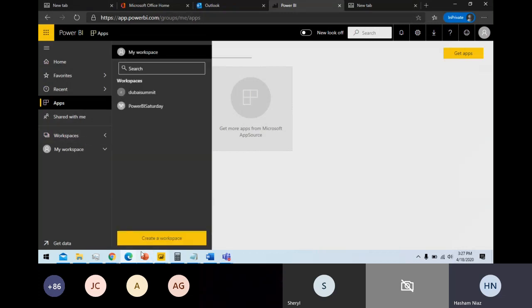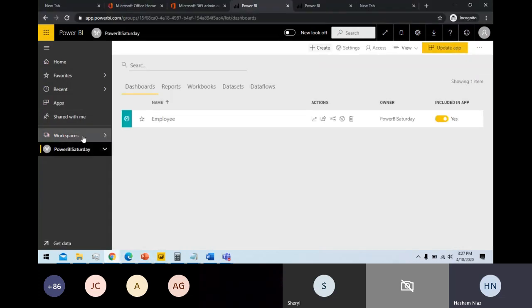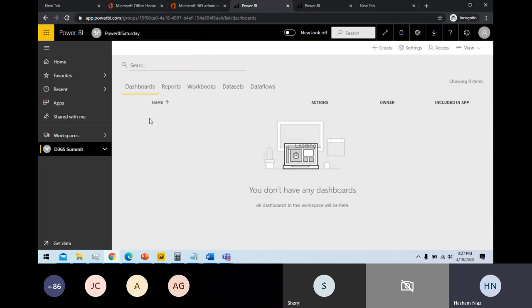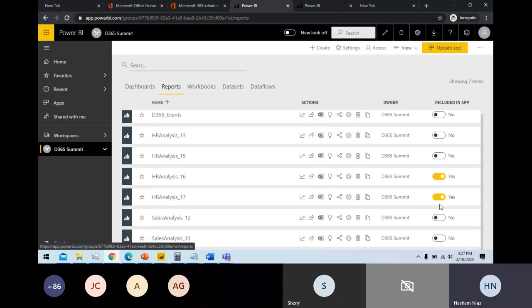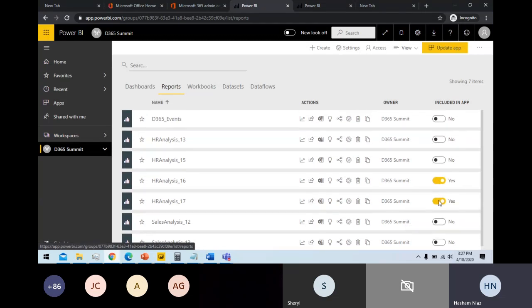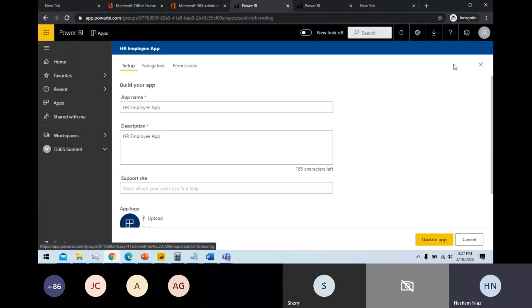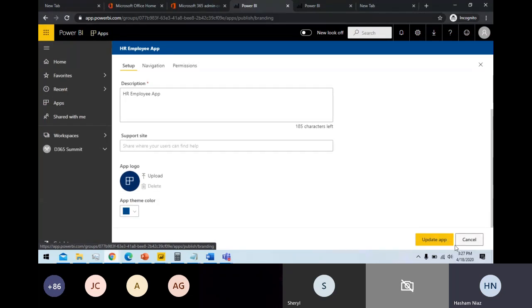Like I have this workspace. If I go back here, I have this workspace called D365 Summit. I have multiple reports, so I can include all the reports I want. So I included these two reports, and I will update my app. My app name is this. If I do the update thing here,